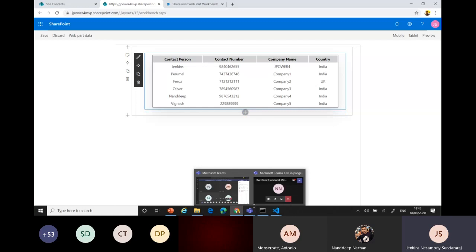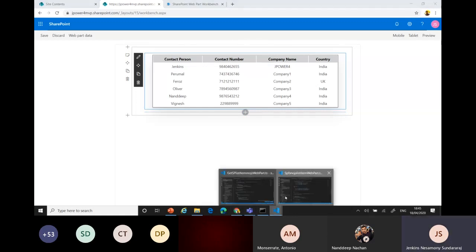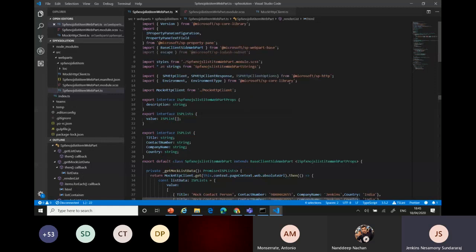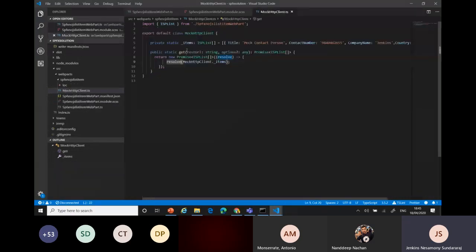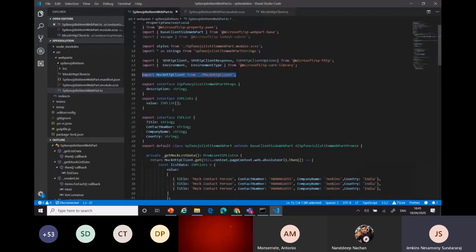One second, let me summarize and go to the next one. What I did: first, I imported the classes required to connect to my REST API, and I can validate my environment. Second, I imported the mock class. I created one mock client class. From that class, I can utilize the object I want, whichever type you want, and I can get the mock data and process it using the promise object. Then I created one interface for the columns I want to bring. If you want multiple columns, with different properties to assign, you are able to do that.